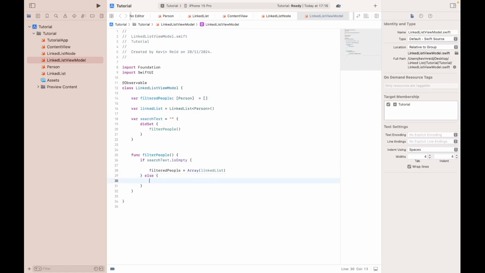And the next thing we need to do, if there is something to filter by, then we need to filter the linked list